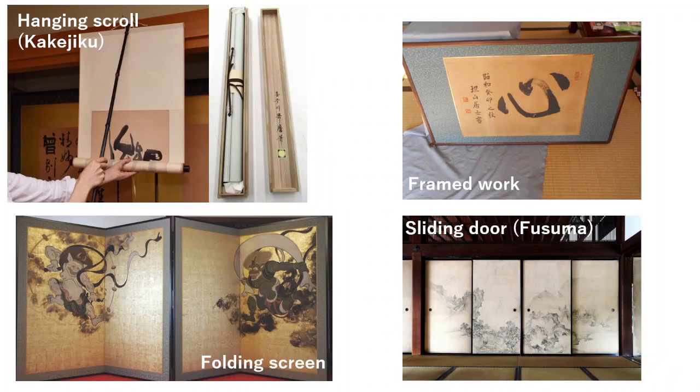So far, we have looked into the preservation and deacidification of acidic paper. Next, I would like to introduce the preservation and repair of the Japanese hanging scroll. Paper or silk is often used as a base support for calligraphy and painting, but leaving only one sheet is very vulnerable. In order to preserve and appreciate, for example, a hanging scroll, a folding screen, a flat frame, or a sliding door have been mounted since ancient times for the purpose of repairing and reinforcing the object.